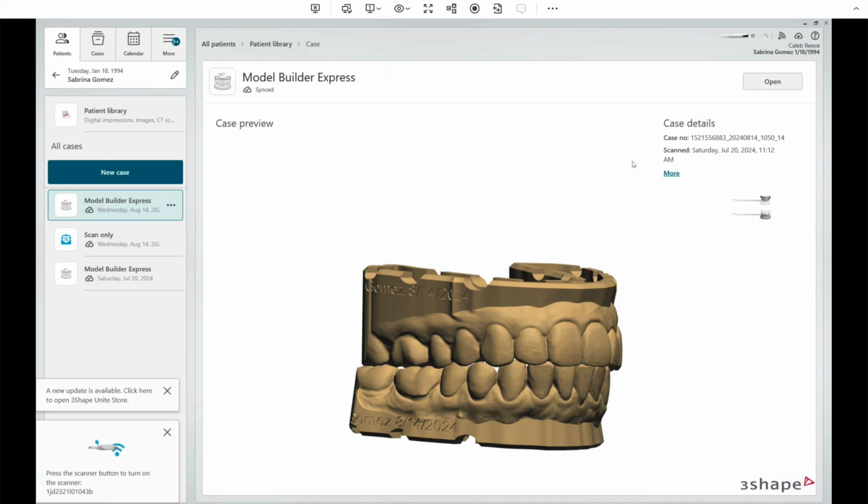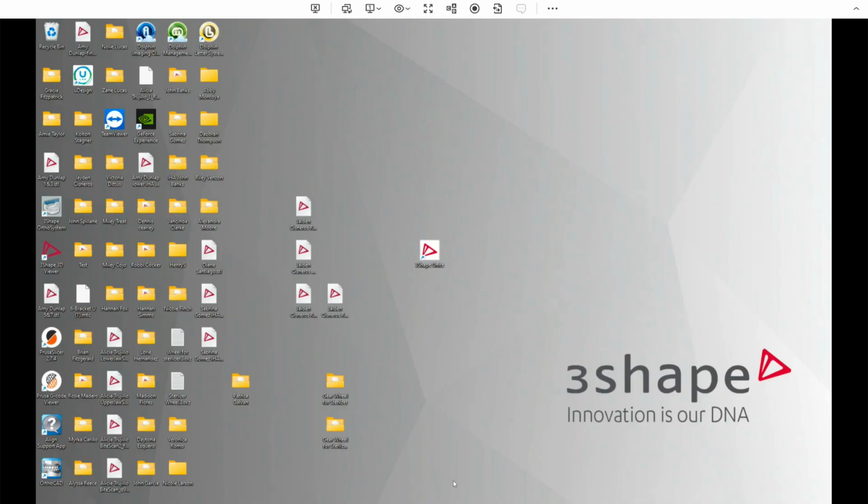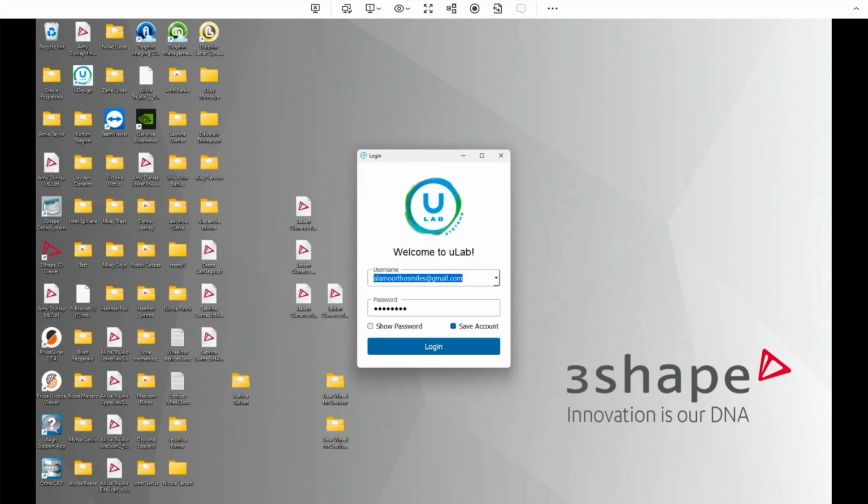And so you go through and it's exported. You don't have to go through and hit open or anything like that. You just hit those three dots with a right click and go through and export the file type into STL. Minimize the window and you go through and you can find your exported file. And then you open up uLab